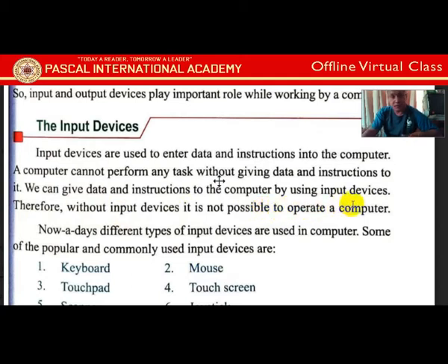So the final thing this paragraph is trying to say is, without an input device, the keyboard and the mouse, it is impossible to run a computer. There is no possibility, because if you don't click anywhere, if you don't type something, then what is the use of using a computer? So there will be no computer. That's why the input device is very important. It's actually the primary input device.